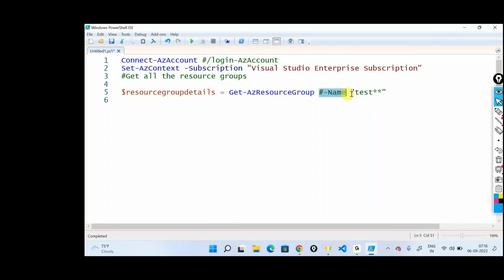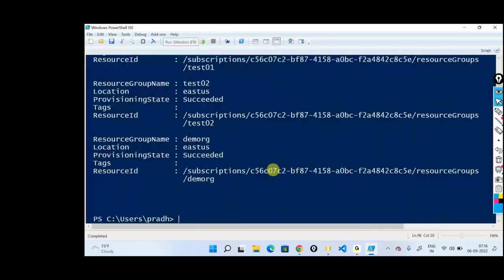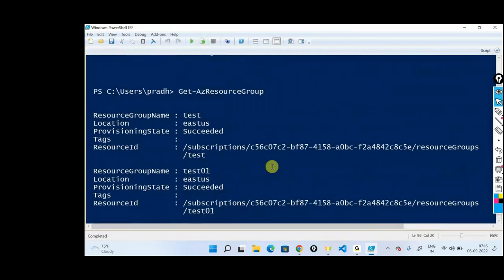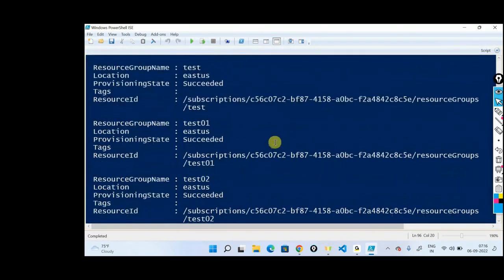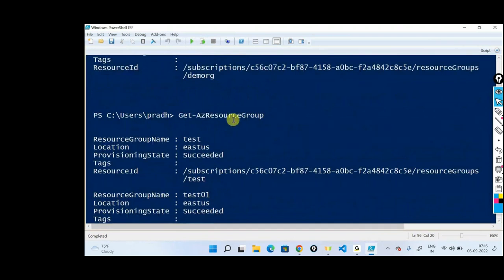What you would want to do here is use pipelines, or the pipeline operator in your PowerShell. What do I mean by that? If I do a Get-AzResourceGroup, the default nature of a PowerShell command is that it's going to return all the names of the resource groups for you. This is the default. When you execute this, it's going to just print out everything for you. But